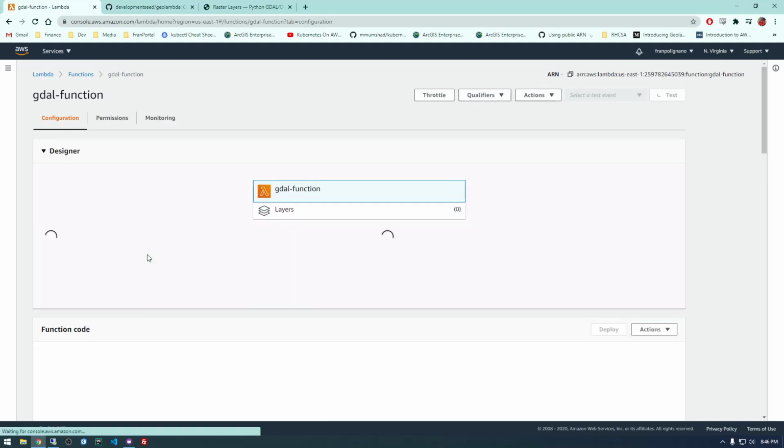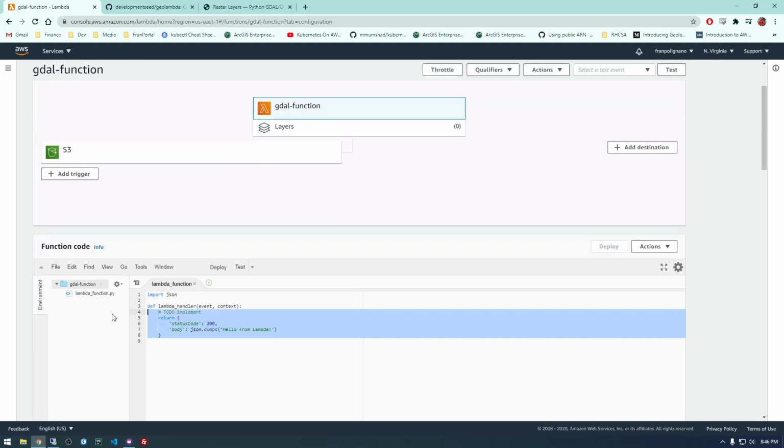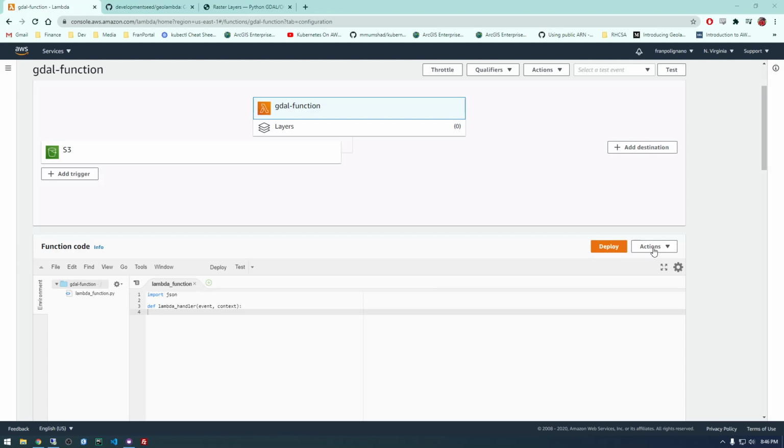But now that that's hooked up, let's go ahead and create a simple function. I'm going to first print the event. The event is all the metadata associated with that event. When an object landed in the bucket, there's all sorts of metadata like the time, the name of the bucket, the name of the key, all kinds of information. So we're going to print the event, and then